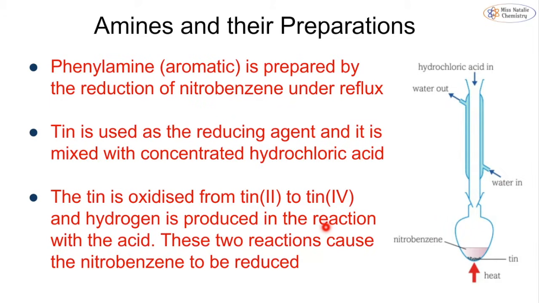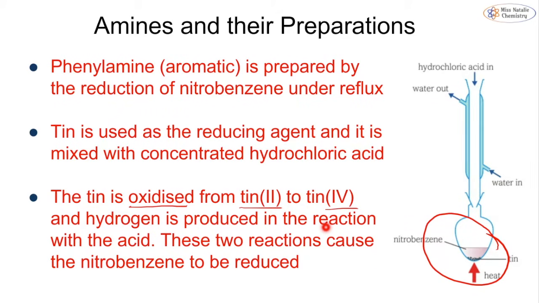We can prepare aromatic amines, such as phenylamine, by the reduction of nitrobenzene under reflux. The reducing agent that is used in this reaction is tin, and it is mixed in with concentrated hydrochloric acid in a round bottom flask, as you can see here, and we're going to then heat it using a condenser. So we're going to be heating it under reflux. The tin is then oxidized from tin 2 to tin 4, and the hydrogen that is produced in this particular reaction